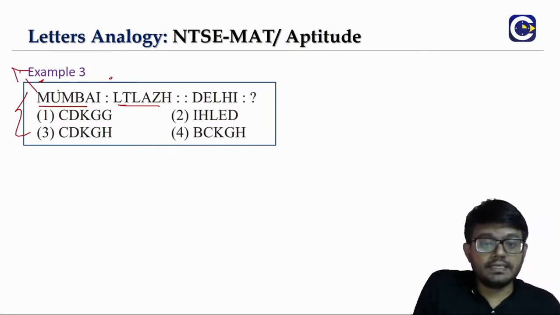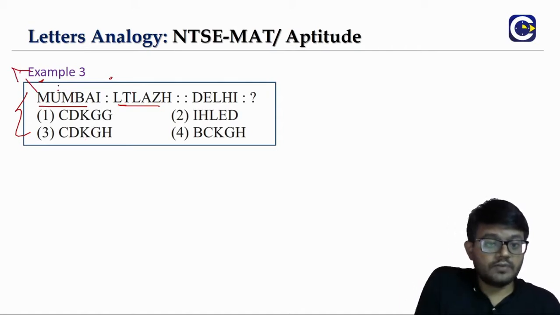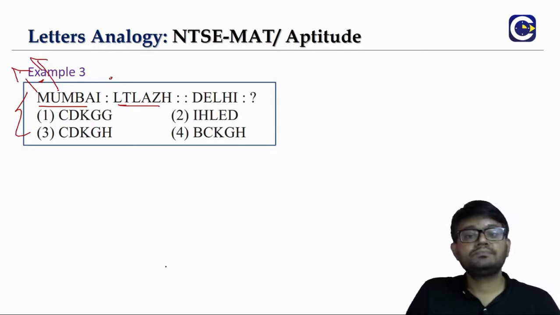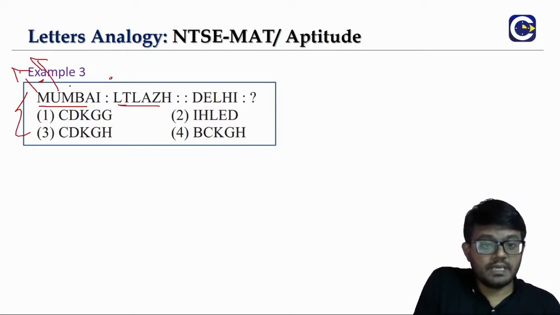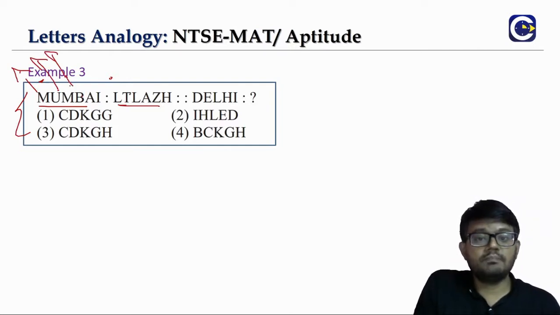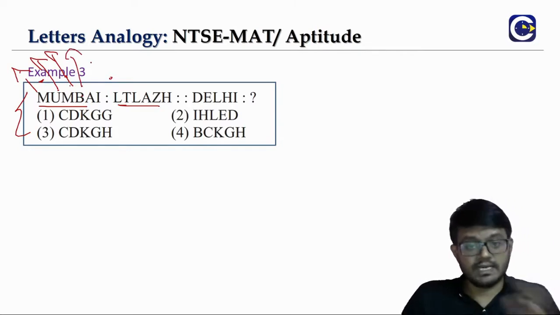U and T. After T we will get U, right? Means what? For here also we are getting one step back. After L only we will get M, means from M we are going one step back. So this is what we are going. And similarly from B we are linking to what? A, right? Means what? Again one step back. So everything we are going one step back, means one letter back.